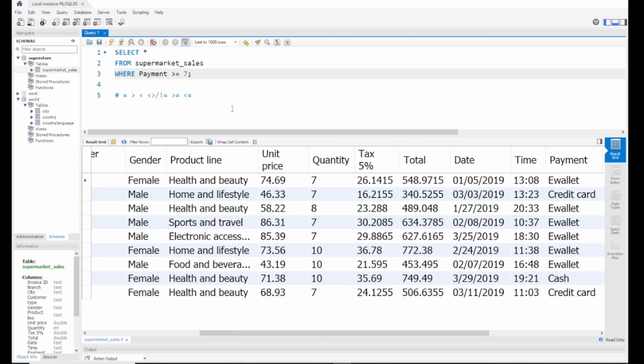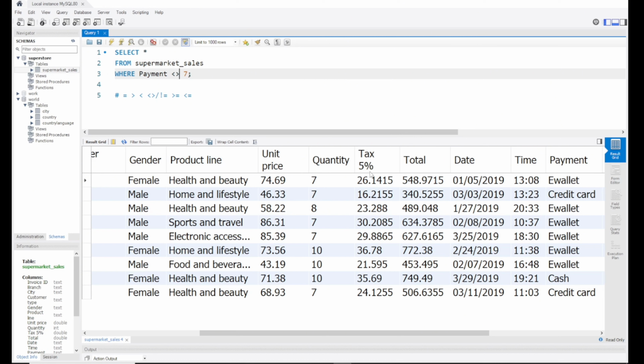So from what we can see, obviously this is not a full table, but I think it gives a picture of the distinct values in that column. So we have those that have paid with an e-wallet, those that have paid with the credit card, and those that have paid with cash. So say for example, I just want to return those that have paid with the e-wallet and the cash, and I don't want the credit card. So I can say where the payment is not equal to